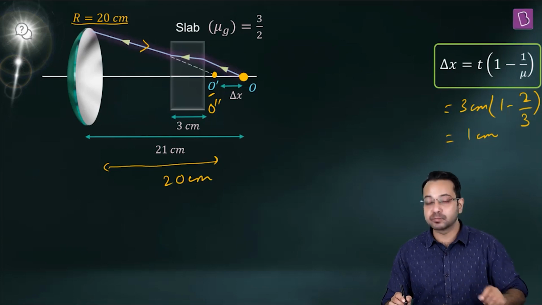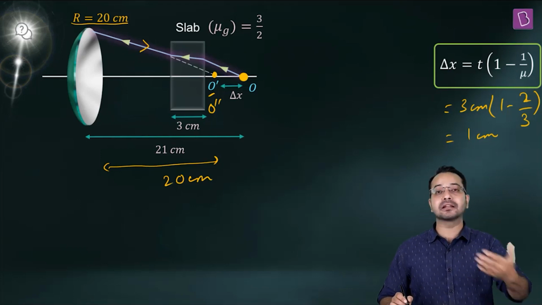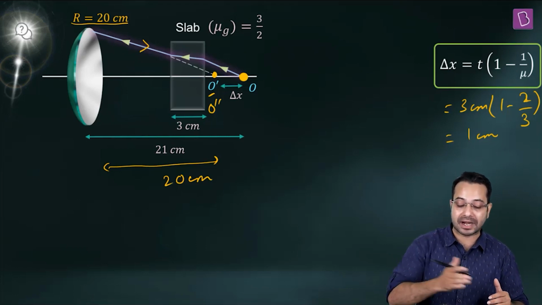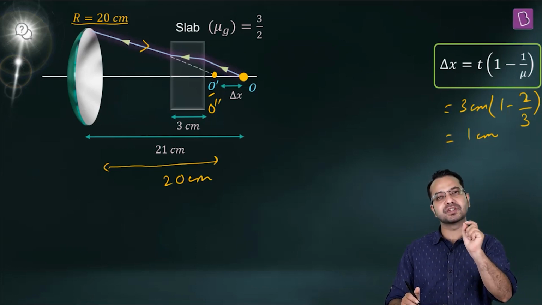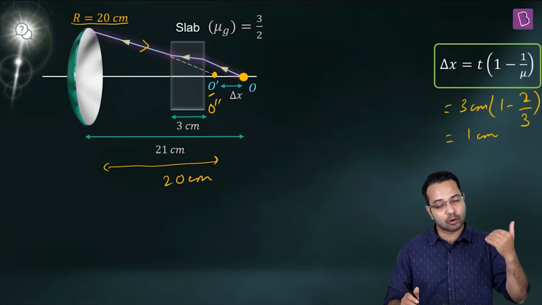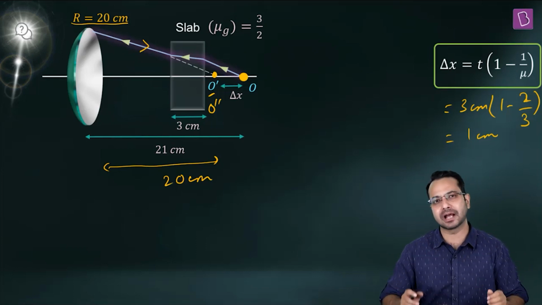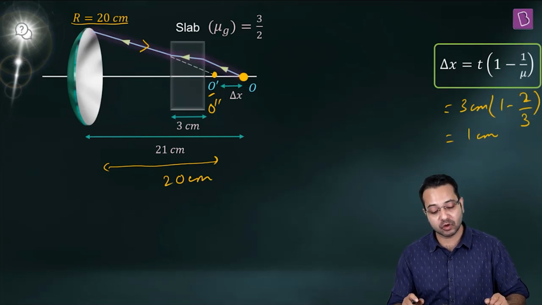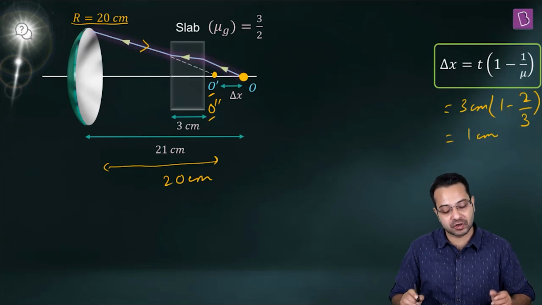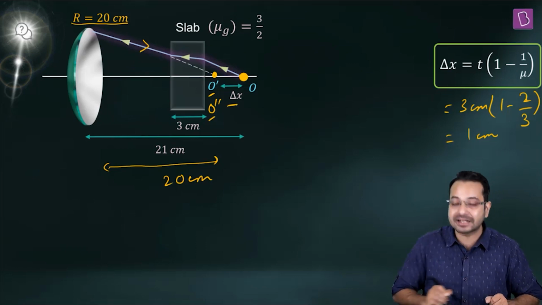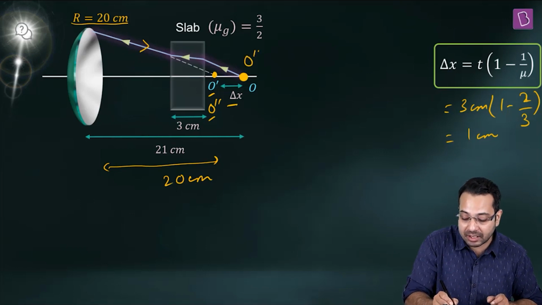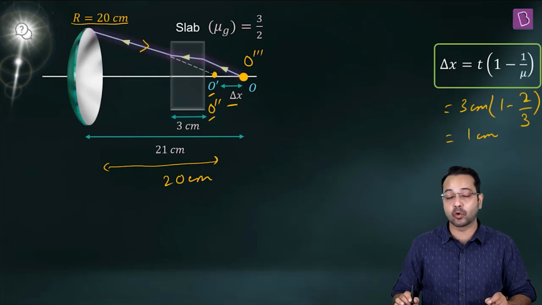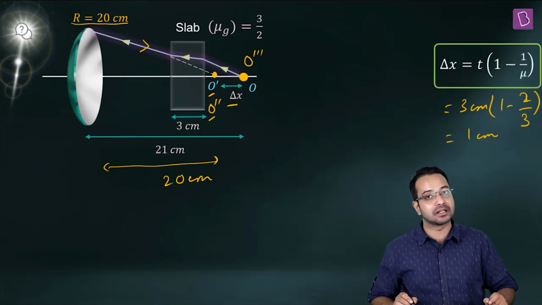Okay, now light is moving in the direction of the slab, and again the slab is going to refract the light. Now when light was going from right to left, the object was displaced by a distance of delta x. Now when it is going from left to right through the same slab, it should be displaced in the rightward direction by the same amount. Okay, so this O double prime formed here is going to be shifted by delta x amount, and then finally the image is going to be formed at O itself. Okay, and I'm calling that O triple prime, hence that is the final image formed.